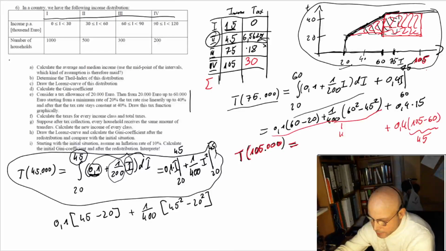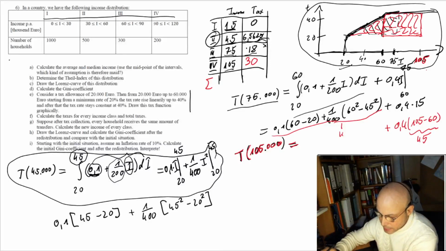Somebody who earns 45,000 euro has to pay roughly 6,500 of taxes, and at 75,000 we had 18,000 euros taxes, and somebody who earns 105,000 has to pay 30,000 euros. And then we assumed that we have a redistribution,